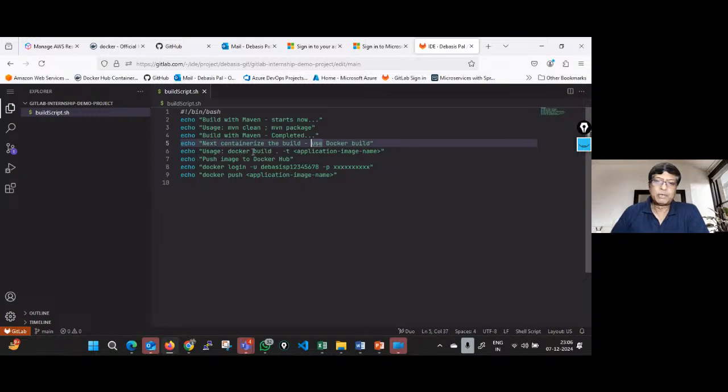Echo usage Docker build. You will be using this. So I've given the usage. You have to use this command. And then after your image has been compiled or built, you will commit it, and then you will push that image to the Docker Hub. Use the Docker login. I'm using my Docker Hub login with the password. I'm not showing the password, and then that application image will be pushed into the Docker Hub. So let's say this is my build and containerization activity,